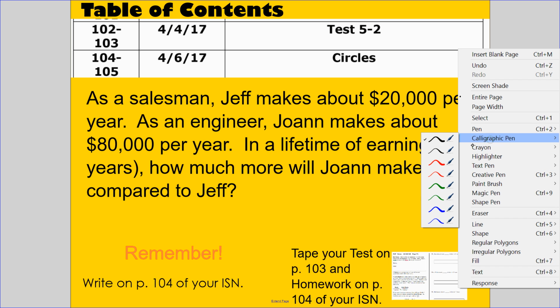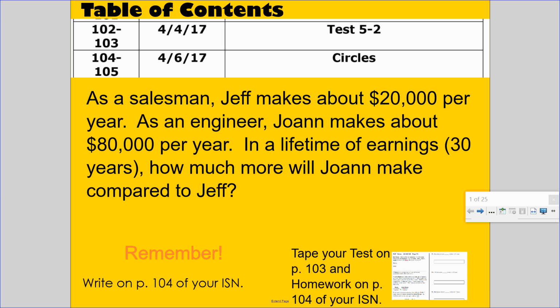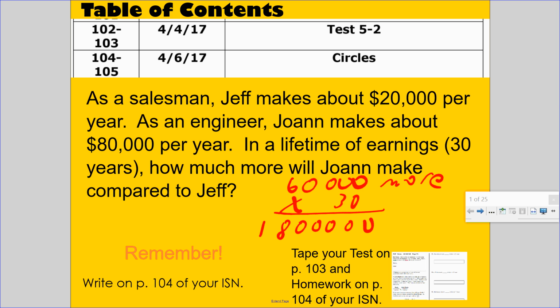So let me get my pen. So Joanne makes $60,000 more than Jeff every year. But we need to do it for 30 years. Let's save ourselves time. 6 times 3 is 18. How many placeholders do we have here? 1, 2, 3, 4, 5. So we have 5 placeholders. So she will make